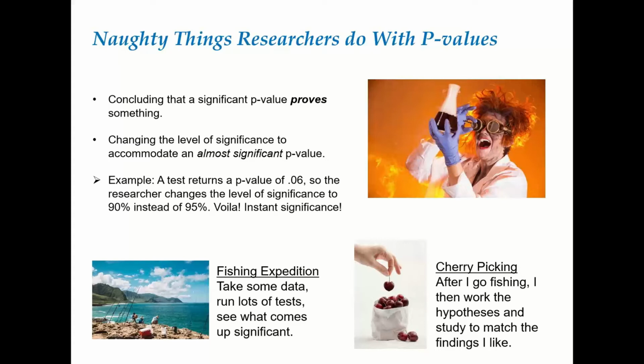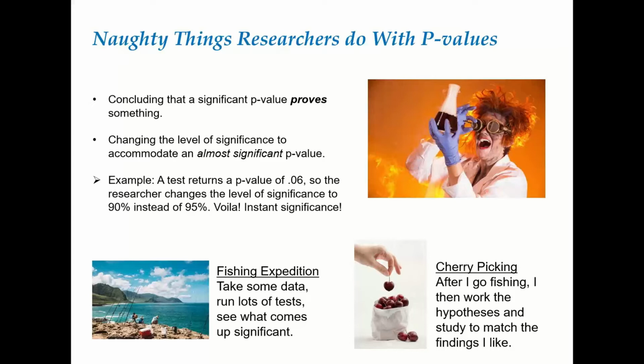I have an example here where a test returns a p-value of 0.06. So the researcher changes the level of significance. Maybe they set it at 0.05, like the standard, but they went ahead and changed it. Oh, I'm going to say that my level of significance is now 90%. So I only need a p-value of 0.1 or less, 10% or less, instead of 95. And all of a sudden I have instant significance. Another one I don't like, and this happens a lot,